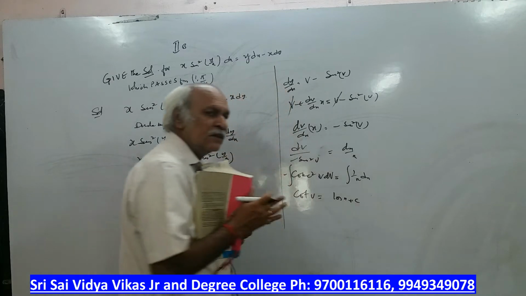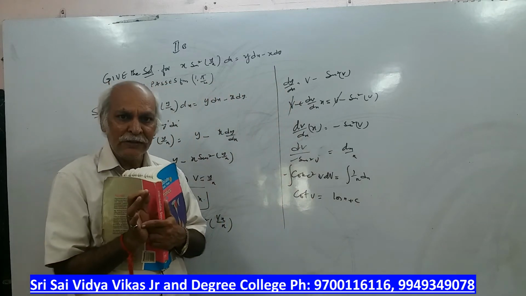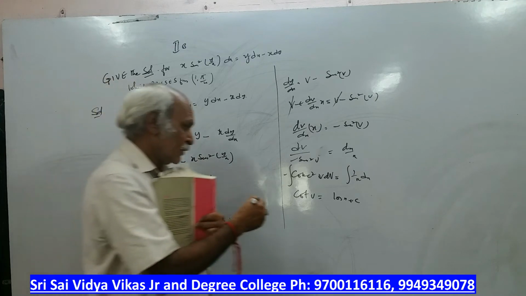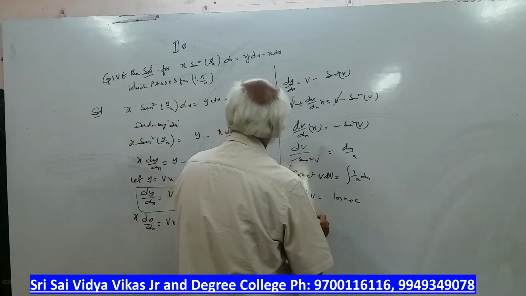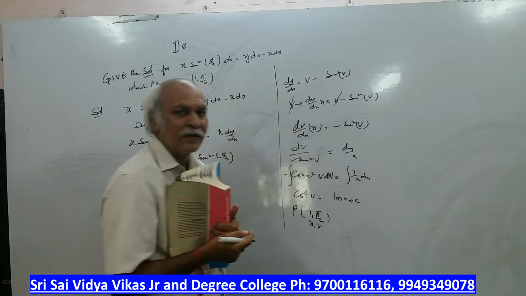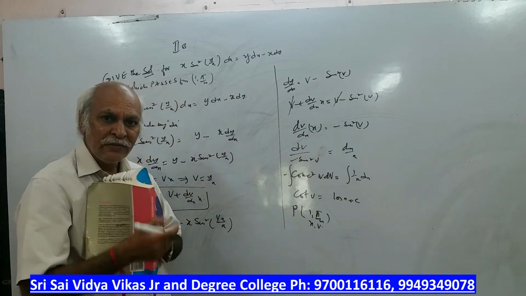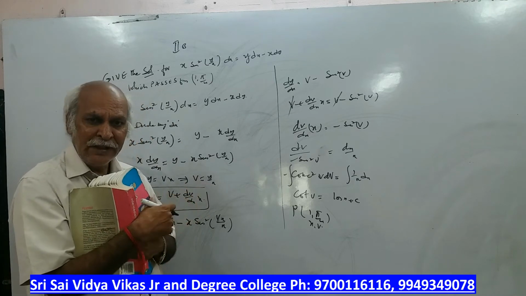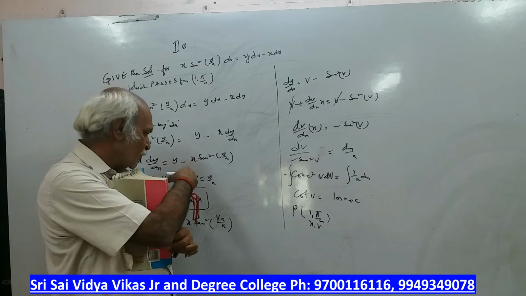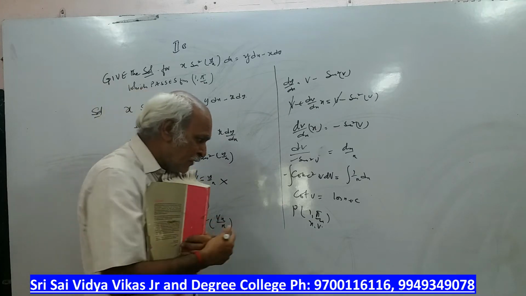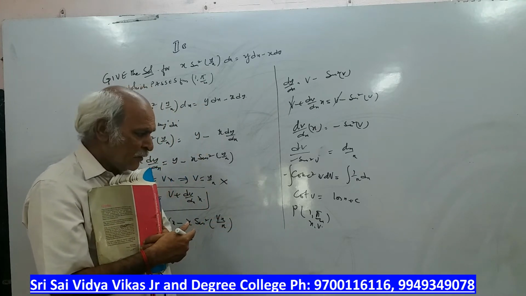Now observe here, we are not going to put the v value, that is y by x. Now he has given the point. What is the point? 1 comma pi by 4. This is the x value, this is the v value. This is very important. Why has the point been given in this problem? So we will not substitute v is equal to y by x every time. Directly we will put the value of v and x.